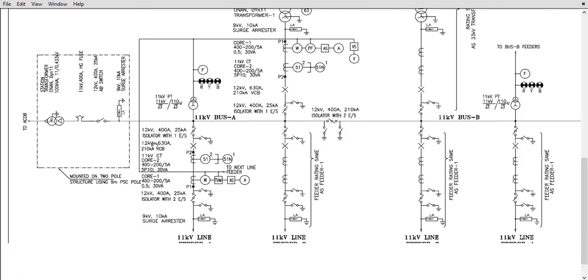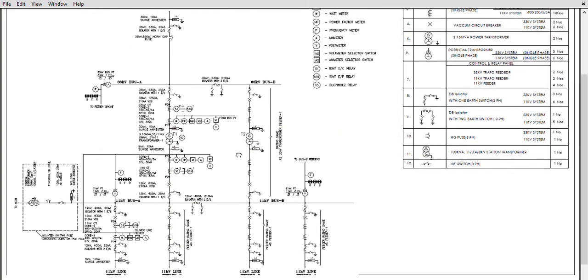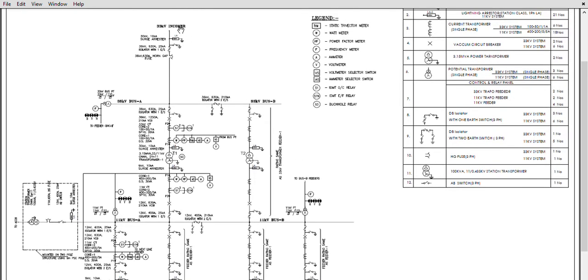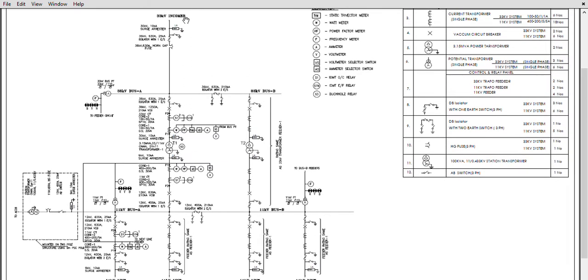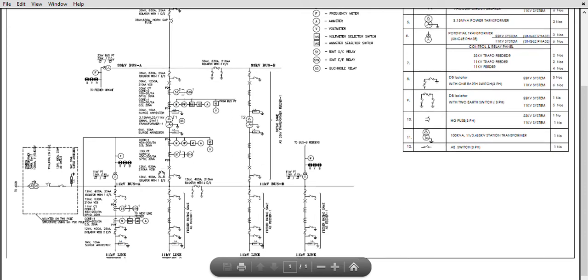So now let's see the overall single line diagram. How does it look? See, now we know how to draw or prepare a single line diagram, how to place each equipment one by one, and what is the purpose of each equipment. See here, once again I'm just repeating, we have one number of 33 kV line bay, two numbers of 33 kV transformer bays, two numbers of 11 kV transformer bays, four numbers of 11 kV feeder bays, and of course one station transformer arrangement.